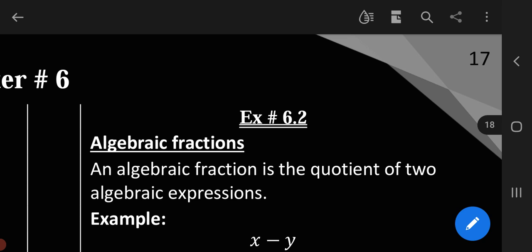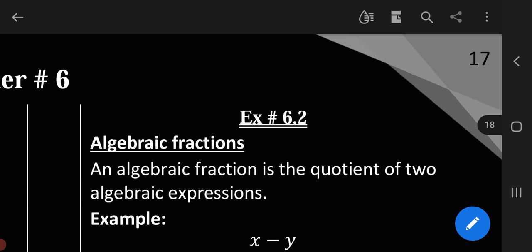It means that an algebraic fraction has one algebraic expression in the numerator and a second algebraic expression in the denominator. And one question arises: before going to explain algebraic fractions, let me talk about algebraic expressions. With every number there is a variable, and the power of the variable is